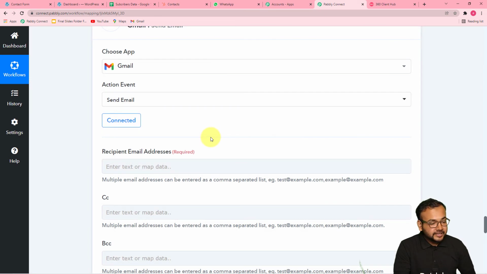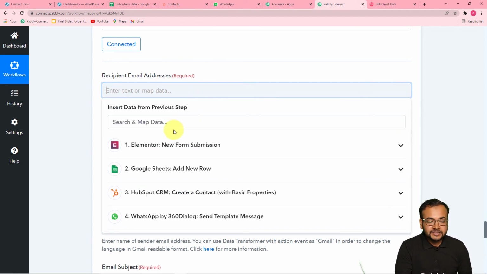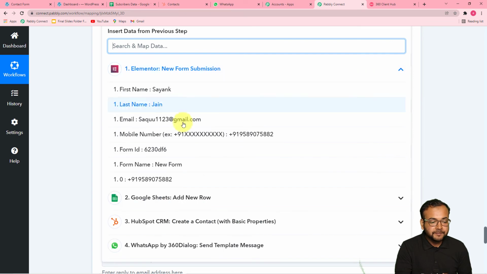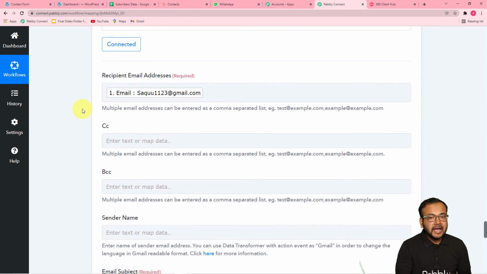So connection is made here, you can see, and now it is asking for the recipient's email address. We got the email address also from the form submission. From the same place, from this Elementor form, you have to map the email ID of the subscriber. Okay, so we map things, guys, because when you map the things here in these fields,